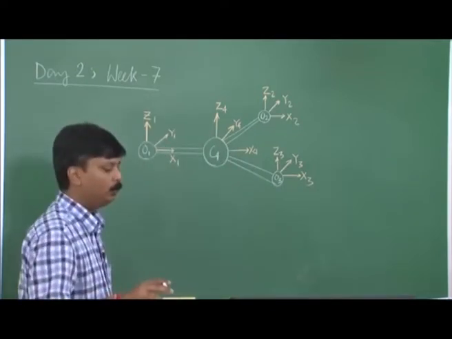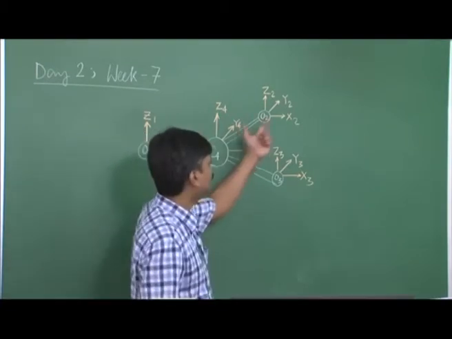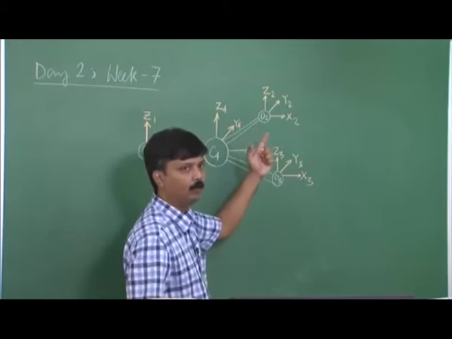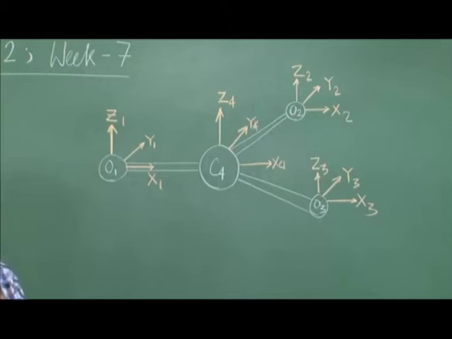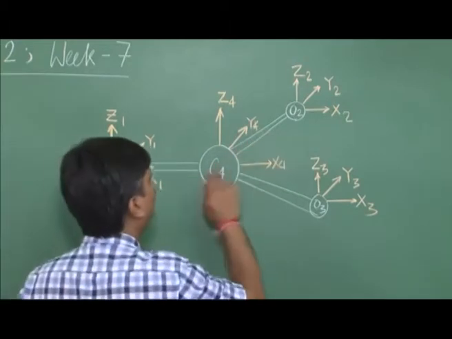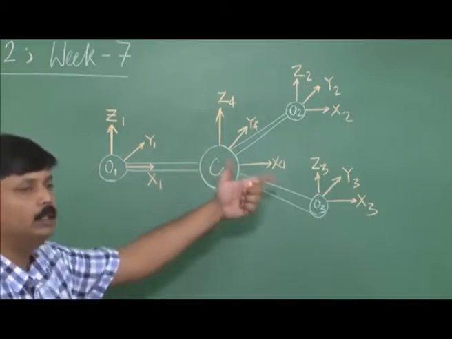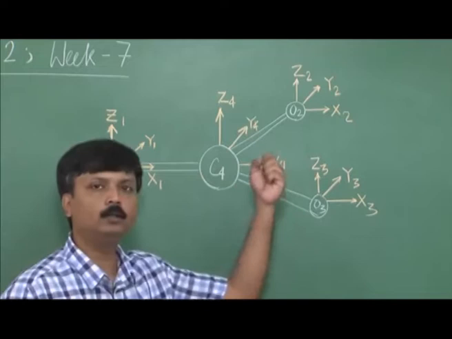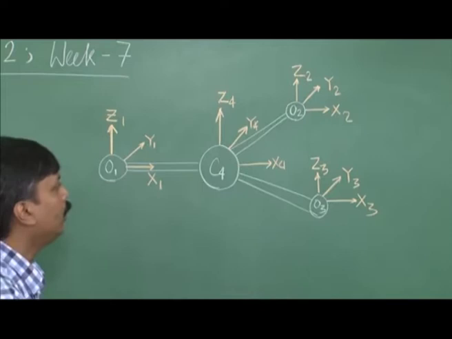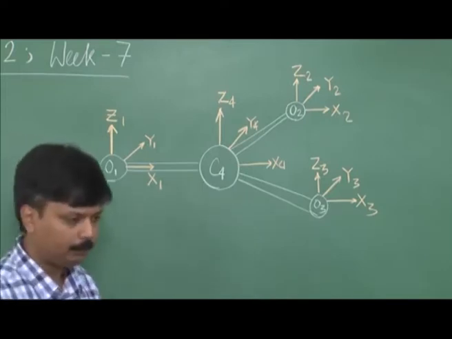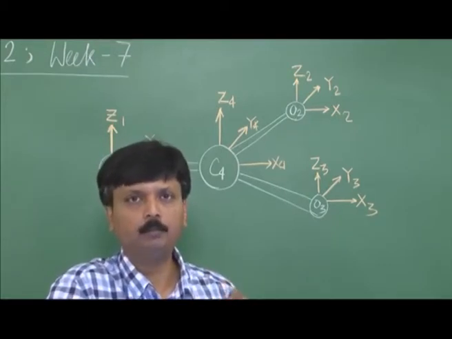To start with, we will take all the x, y and z coordinates sitting on each and every atom. The nuclei are at the origin, and the corresponding x1, y1, z1 and x2, y2, z2 and all these Cartesian coordinates will act as a basis. So we have a total of 12 basis functions in our case. Now we have to form a representation based on this.